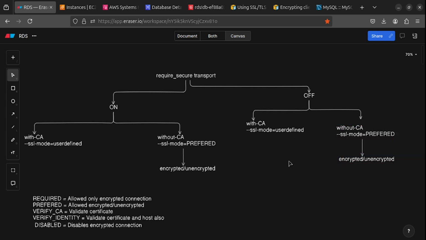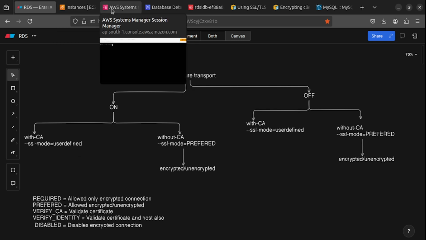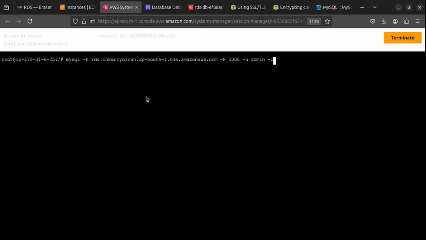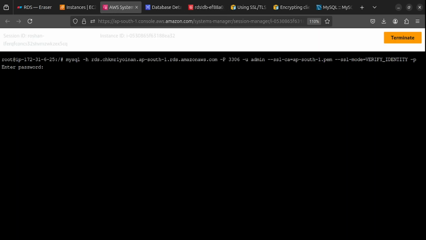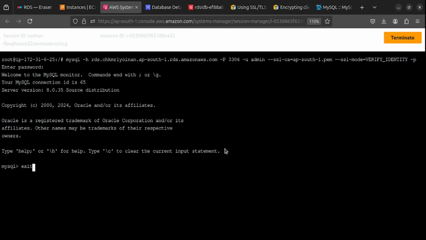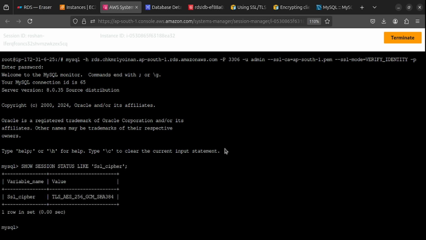Okay, now what is the state here? Require secure transport mode holds the value of 0, or it's in an off state. And if we define the SSL mode here, as we defined it when require secure transport mode is on, let's execute that command with the same certificate and the same SSL mode. Will the connection be encrypted or unencrypted? Let's cross check. So the connection is encrypted,